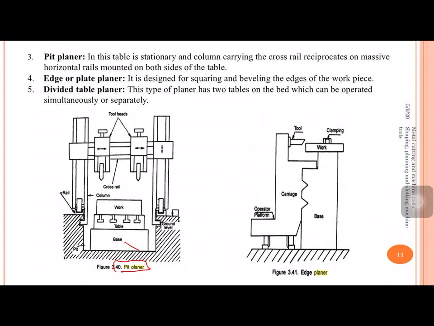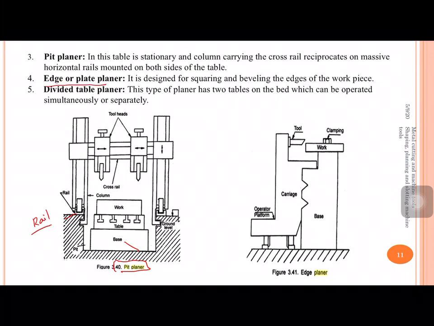And here you can see there are columns and the cross rail. The cross rail is holding the single point cutting tools in the tool post. And this entire setup, that is the vertical columns and the cross rail setup, is going to move on these rails. So what it means is this entire assembly is provided with the reciprocatory motion, that is movement of this entire setup over the railway track like thing, and the tool is also provided with the cross feed movement.